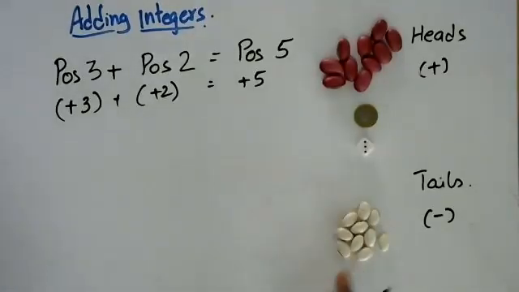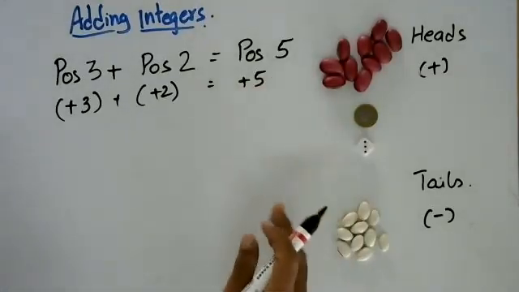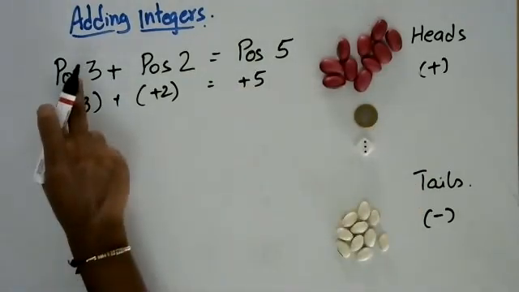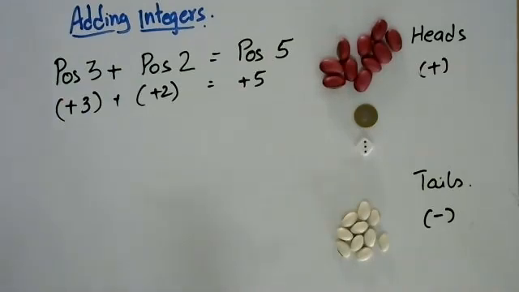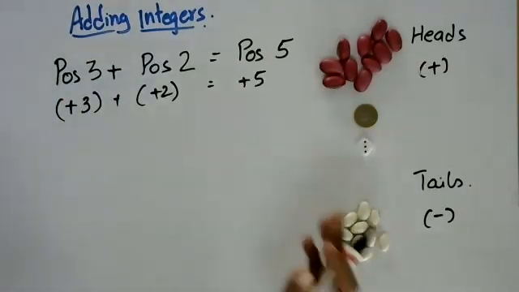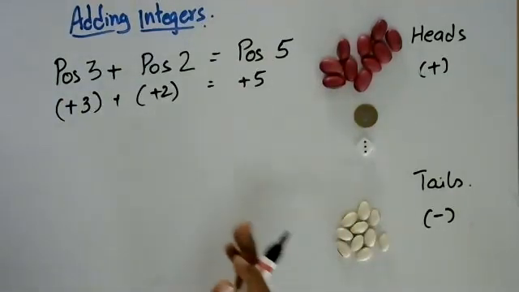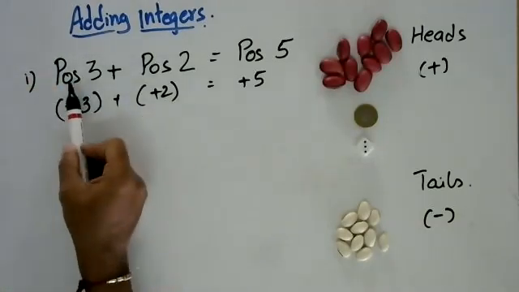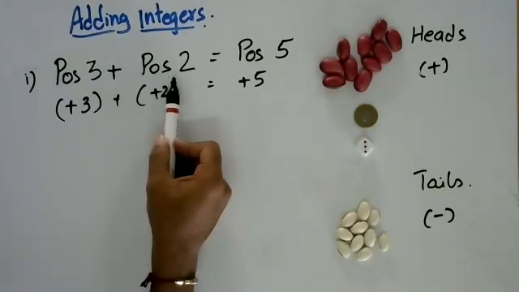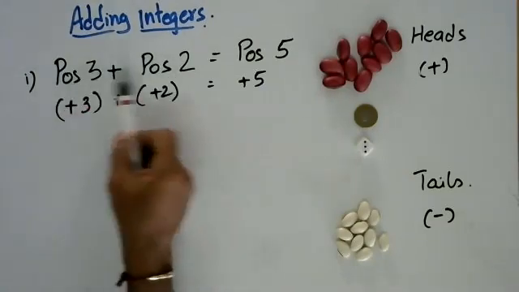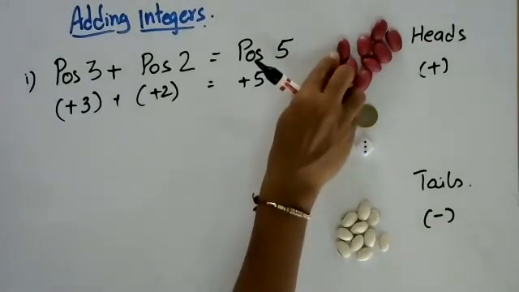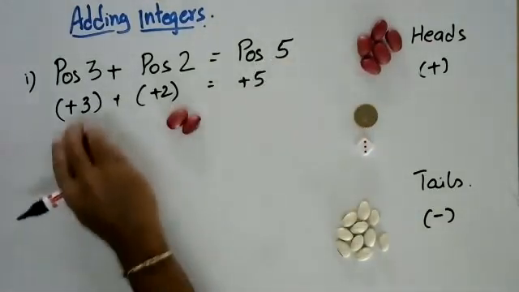As a result of the activity with those beads, the coin and the die, we can formulate a few rules for adding integers. What we were basically doing was adding integers together. So one of the rules can be that when a positive integer is added to another positive integer, I'm just writing it as positive and positive, you get another positive integer. So the illustration was somewhat like this.